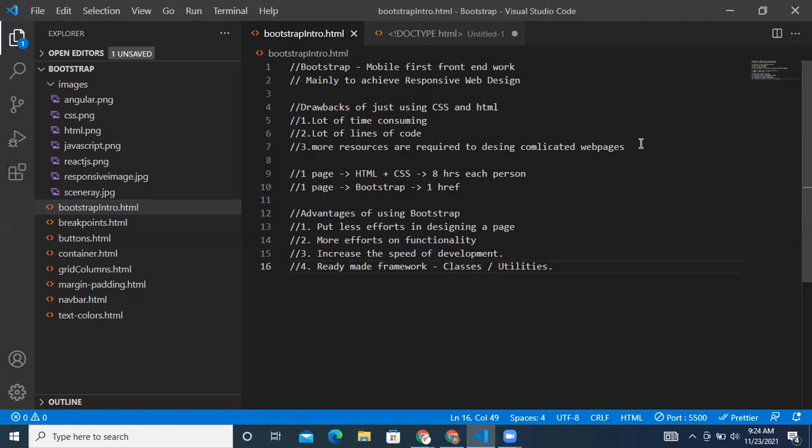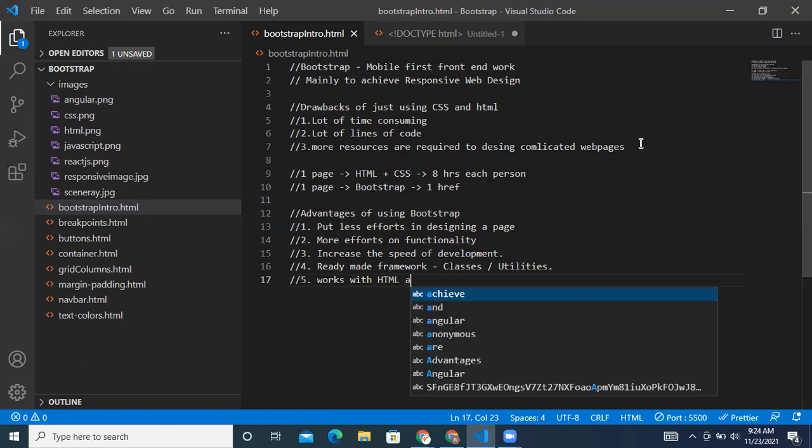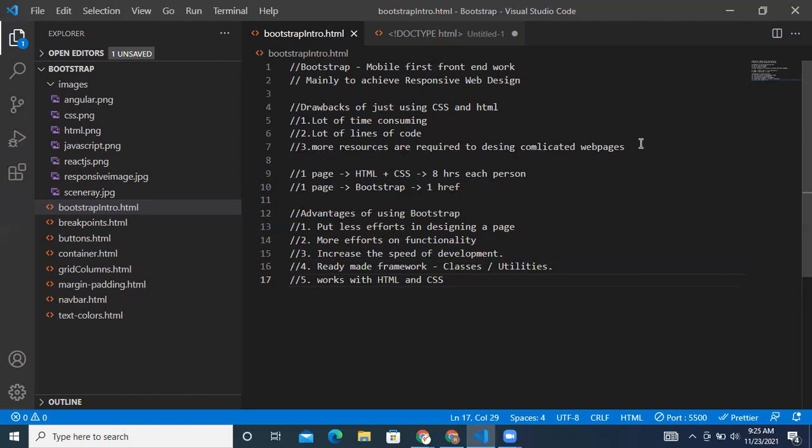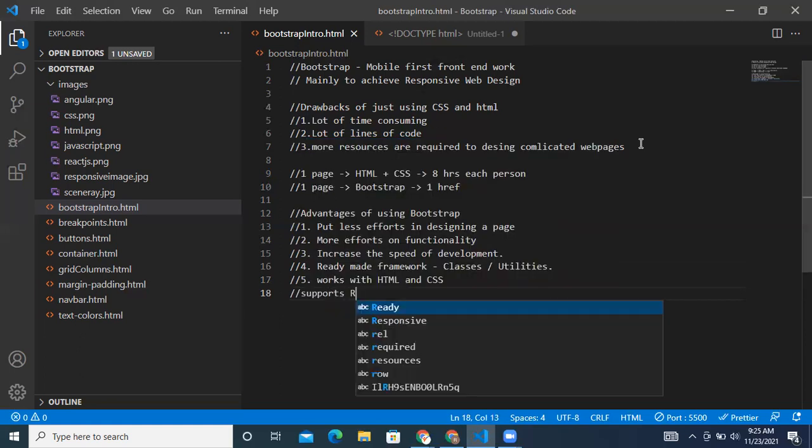And this actually works with HTML and CSS only. As I told you, the base thing for this is HTML and CSS. This works with HTML and CSS, and it supports responsive web design.